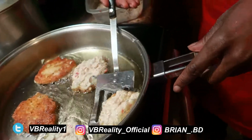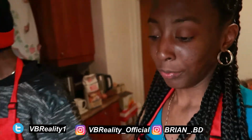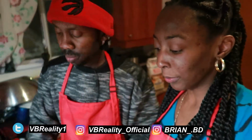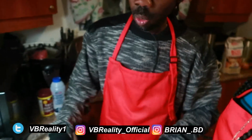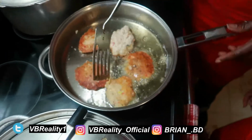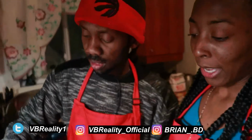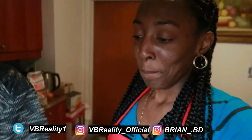Comment down below if you guys like fish cakes. And if you do like fish cakes, tell us how you make it as well. Everyone has their different ways of making it. I have always wanted to try fish cake with fish instead of salmon, instead of saltfish, mind me, because sometimes I find saltfish is so like. I love saltfish. I love saltfish too, but sometimes I find saltfish. I love saltfish,